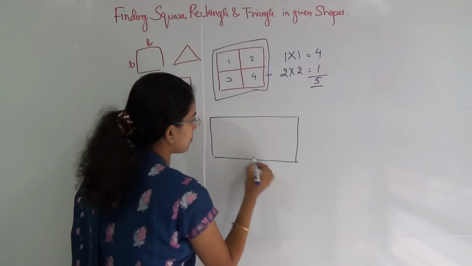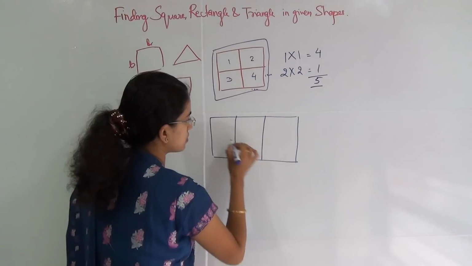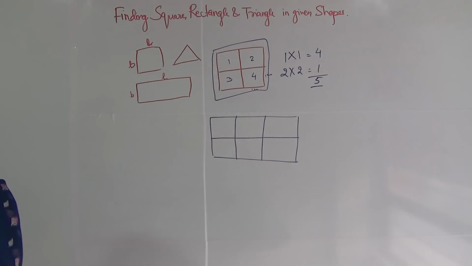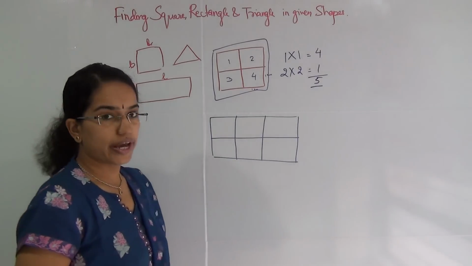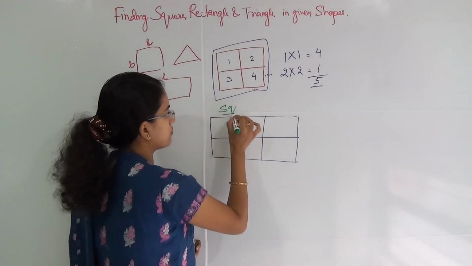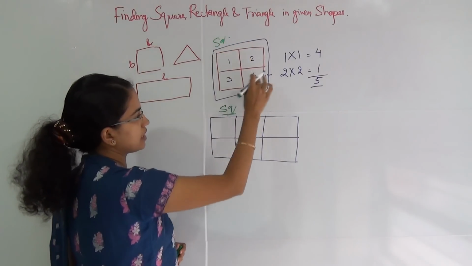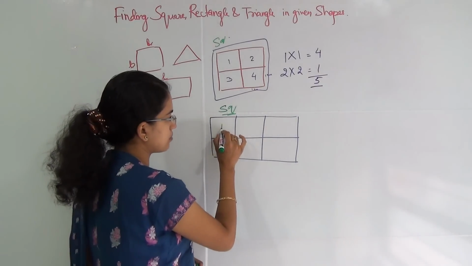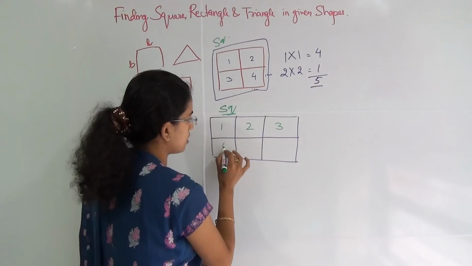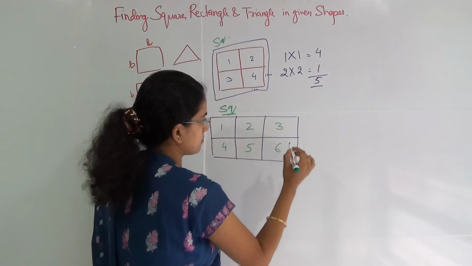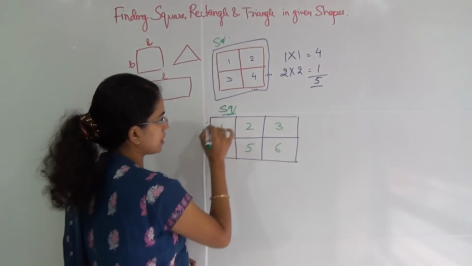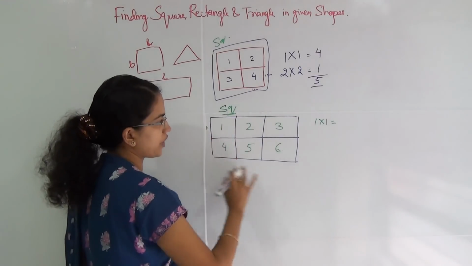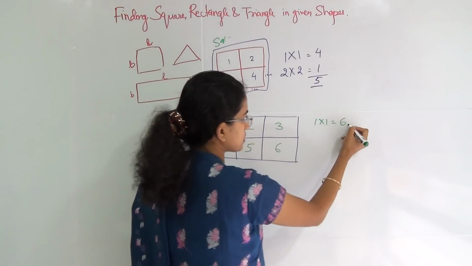So here is another block and I have 6 blocks, okay. Now what can be the possible number of squares in this case? We'll first start with the squares and then in the same 2 examples we will do the rectangles, okay. So in this, the number of squares can be 1, 2, 3, 4, 5 and 6. So if each side is 1 centimeter by 1 centimeter, I can say the total number of blocks or squares which are of the size 1 by 1 is 6, okay.